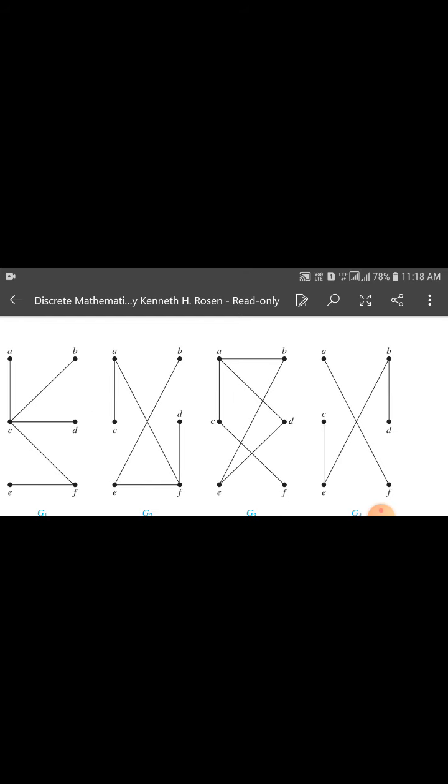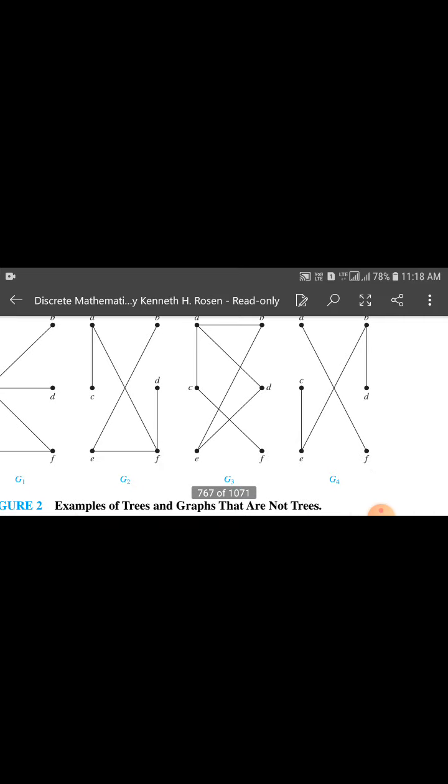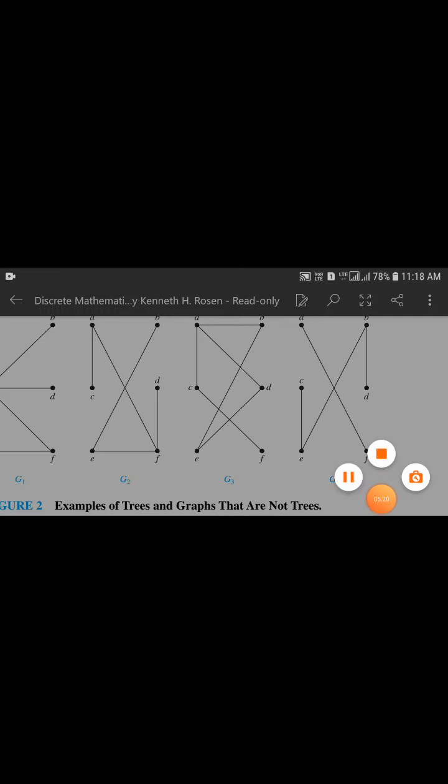Observe G3, unique path. For example, if we take A and E, here two paths are there between A and E. Observe, A to D, D to E is one path, and A to B, B to E is another path. What we have said, only a unique path should exist, then only we'll call it a tree. So clearly you can observe G3 is not a tree. Now observe in G4, for example, you can take A and C, there is no path between A and C. So in G4, that's why this is not connected, of course not a tree. So like that we'll state the definition of a tree.